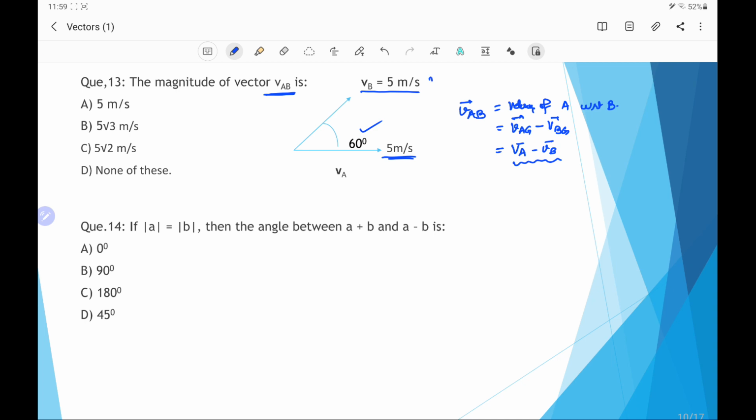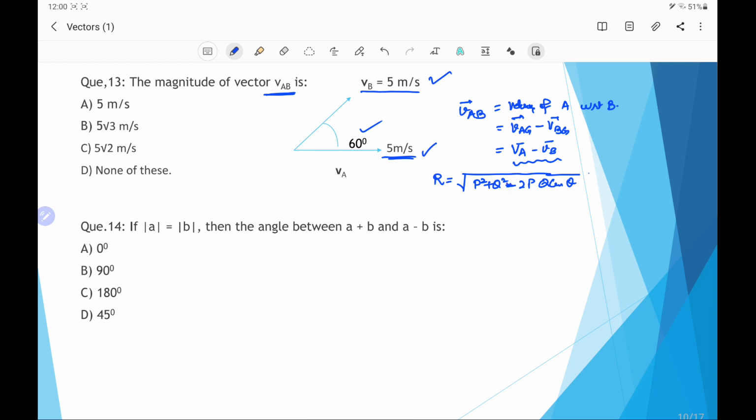These two vectors have the magnitude 5 and 5, and the angle between them is 60 degree. By using the formula for the subtraction, where R is equal to root, if P and Q are the vectors, then it will be P square plus Q square minus 2PQ cos theta. In addition, we use plus 2PQ cos theta,